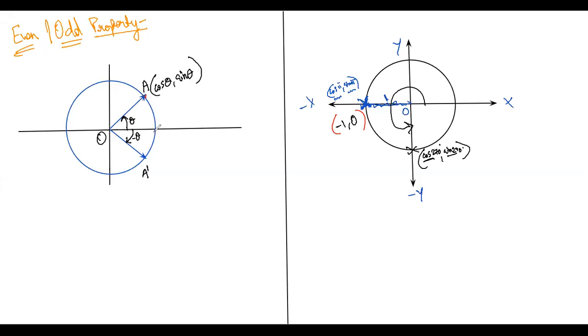So in one sense, in physics, maybe you learned this mirror. Mirror and all that. It's a mirror image. Can I say that A dash is the mirror image of A with respect to the y-axis? Yes, sir. Can I say that A dash is the mirror image of A with respect to the x-axis?